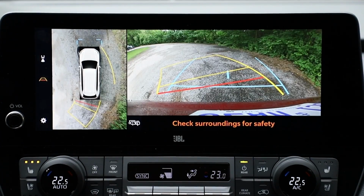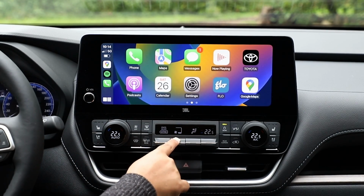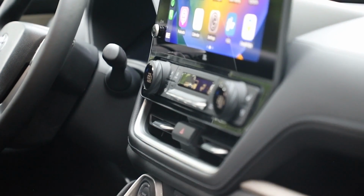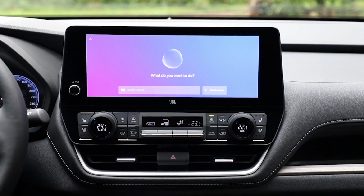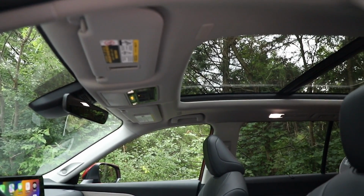The center HVAC buttons are a little confusing at first, but they're easy to get used to after a couple days of using it. And they're actual physical buttons, so I can't really complain about anything there. Plus, if you really aren't a fan, the Grand Highlander will answer to "Hey Toyota" and change the settings at your command. There's also a large sunroof to brighten up this dark interior, but don't get me wrong, I'm not